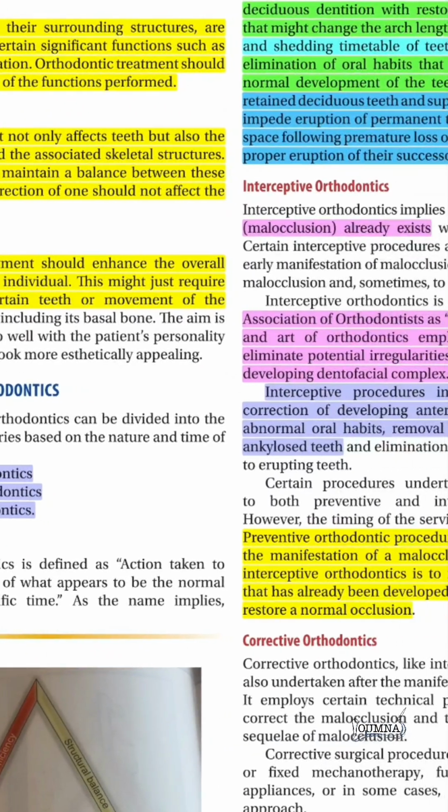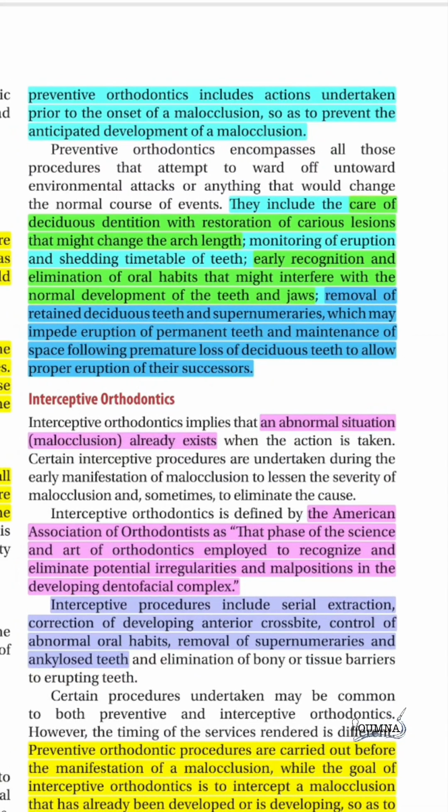As for the preventive orthodontics, it starts when there is no malocclusion that has appeared, but we must take precaution. For example, if deciduous dentition started having caries, we should do restoration to maintain the arch length, and we